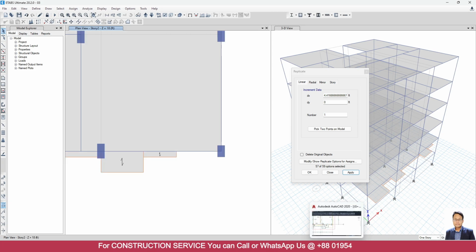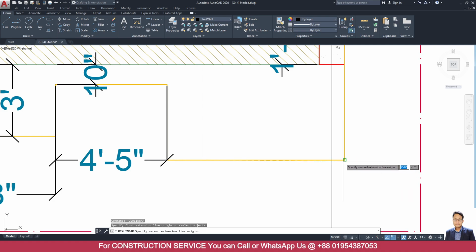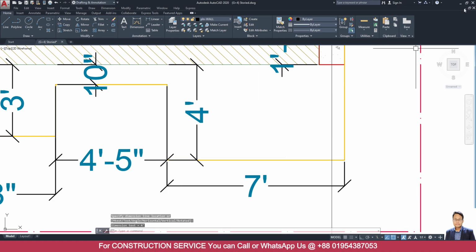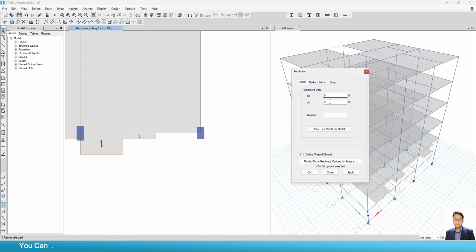Again, what will we do? We have a distance of... this one is not very mandatory, but this direction is important, 4 feet. So select this one, replicate, y direction 4 feet, apply,